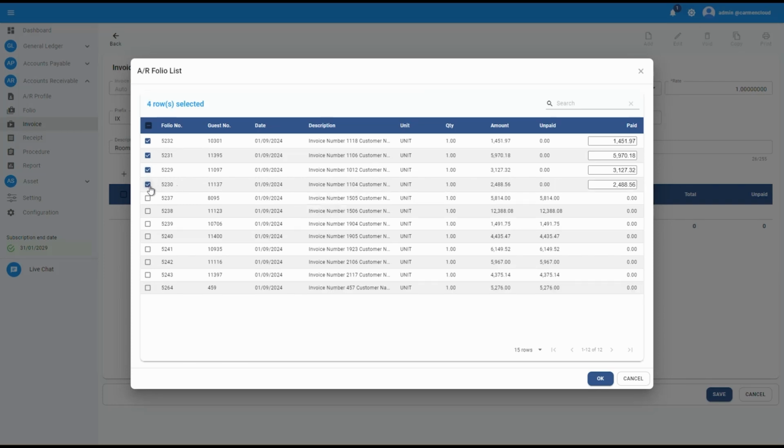Adjusting invoice details. If you need to modify any details before generating the invoice,